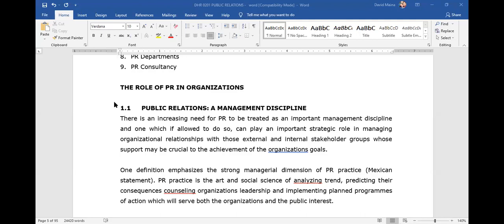Whenever you are coming up with an event, for those doing a diploma in hospitality management, we usually have events, and maybe you'll be called upon to provide food at that event. You need a public relations officer to help you know how you're going to conduct yourself. So therefore, every organization needs public relations.